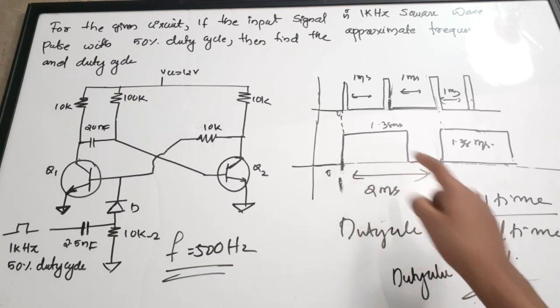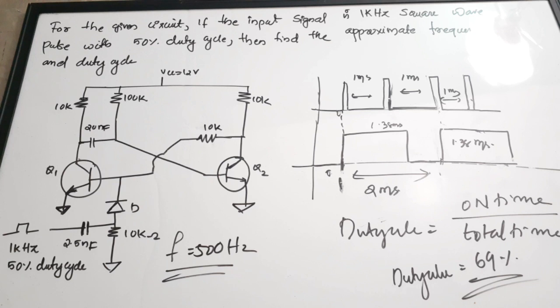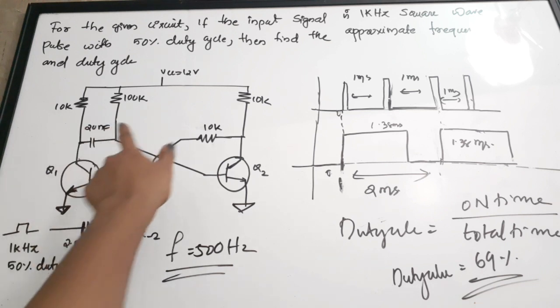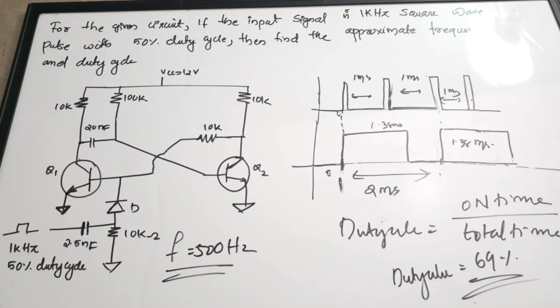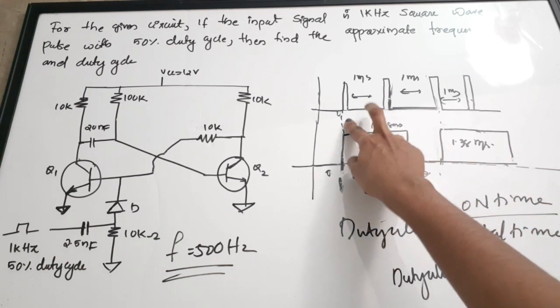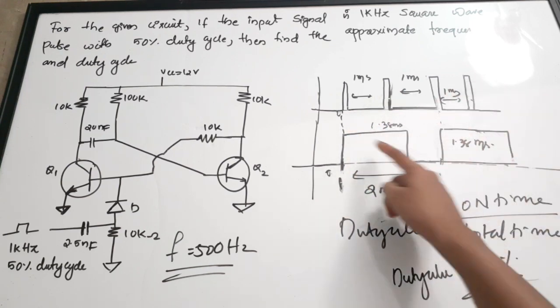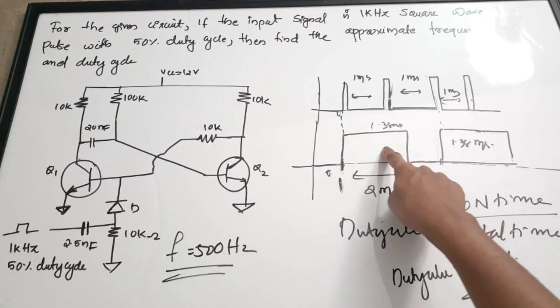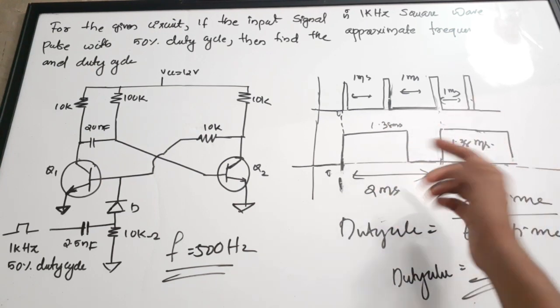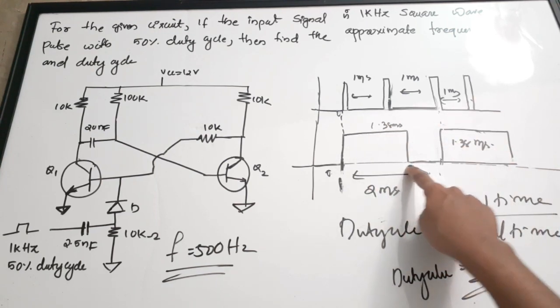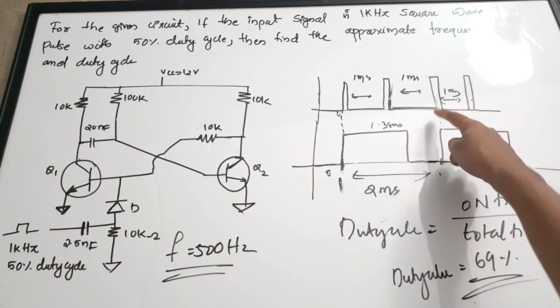So first we'll find the time period using the equation T equal to 0.69 RC. We can take the R and C from the figure, and we'll obtain 1.38 milliseconds. So the wave will remain in the unstable state for 1.38 millisecond, and then it will automatically go back to the stable state. We can see that after every 1 millisecond the triggering pulse is coming, but even though the next triggering pulse is coming, the wave is already in the unstable state, so it won't get affected. Only when it shifts to the stable state, then the coming of the triggering pulse is actually valid.